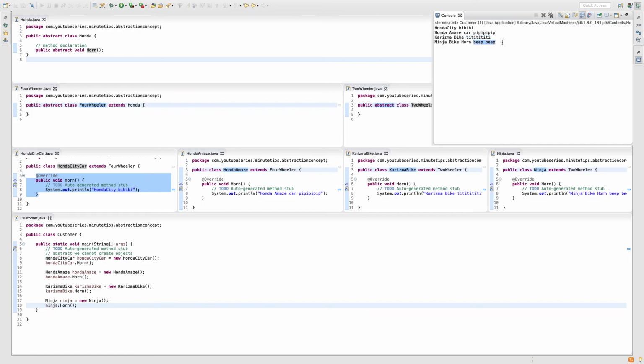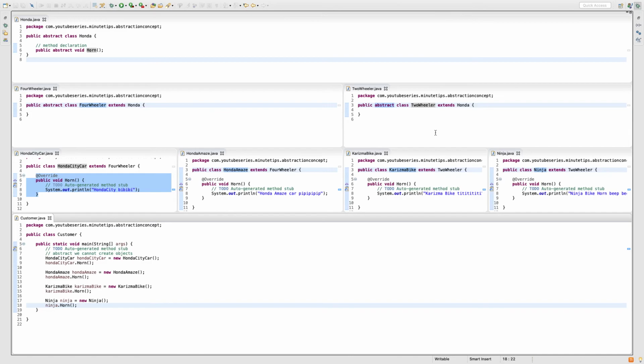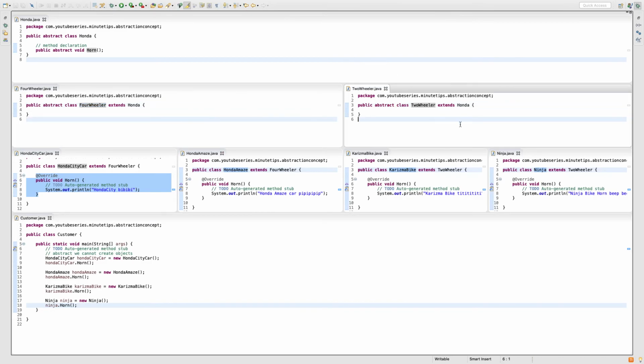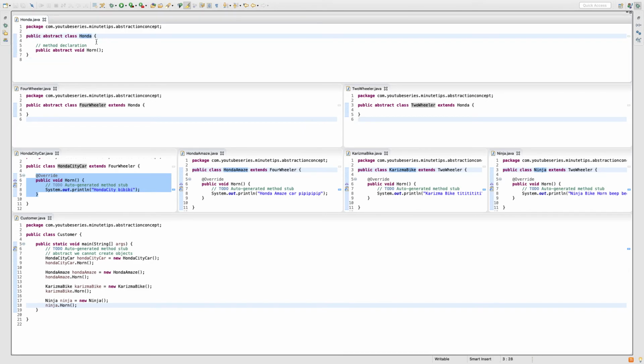Okay, so I hope you got the concept here. Earlier we were having redundancy, so we moved that method to the parent level in four-wheeler and two-wheeler. Again we were having redundancy, so we moved it one more level, that is our Honda class. But here we saw the problem that each type of my car or each type of my bike has a different sound, and I cannot write two methods with the same horn name.